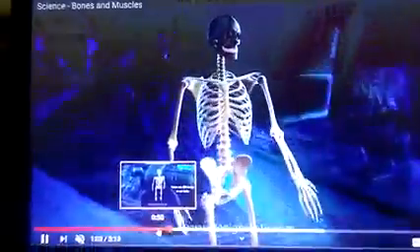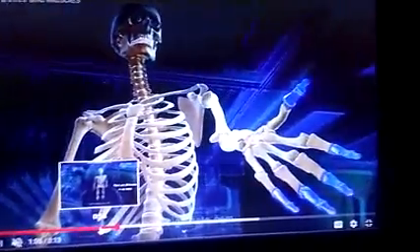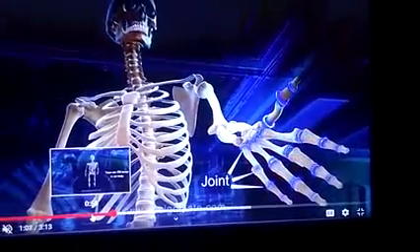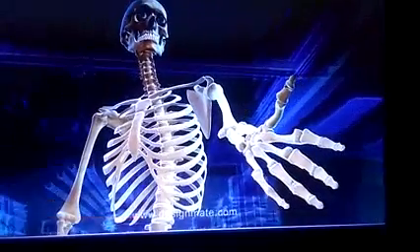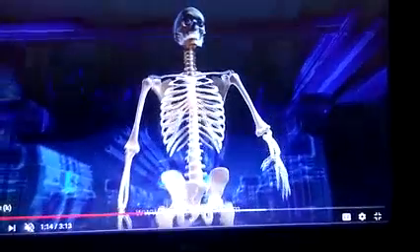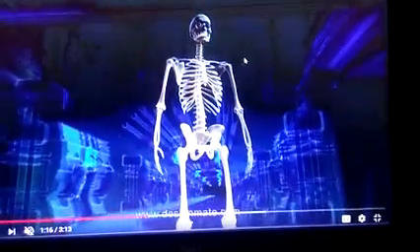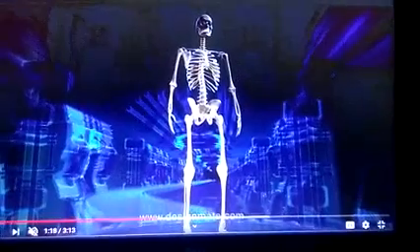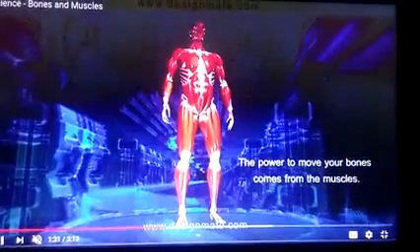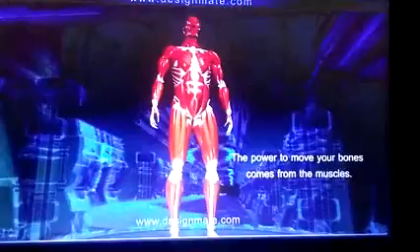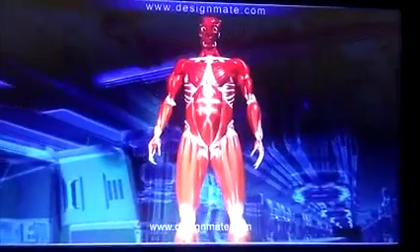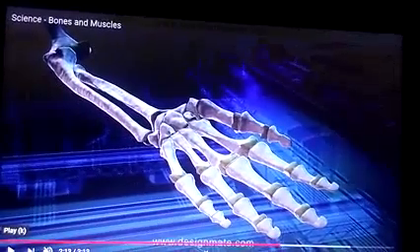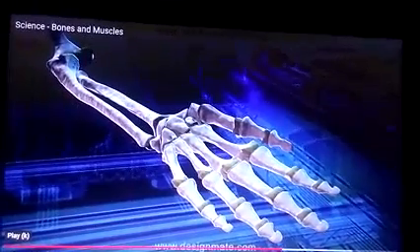There are 206 bones, and see the joints, finger joints. Joints are there, not a single bone. Our body is not made up of a single bone. So many bones are joined together, and this is the rib cage. See, in the middle you can see this is the rib cage. Inside the rib cage only the heart and lungs are located. See, these are the muscles. See, these bones help to give the structure.